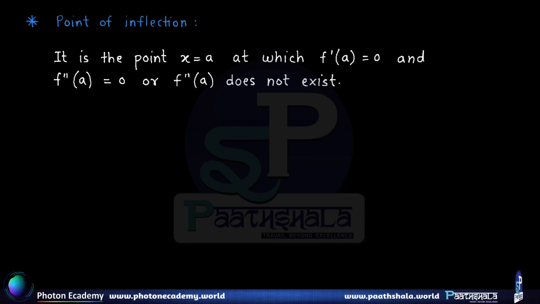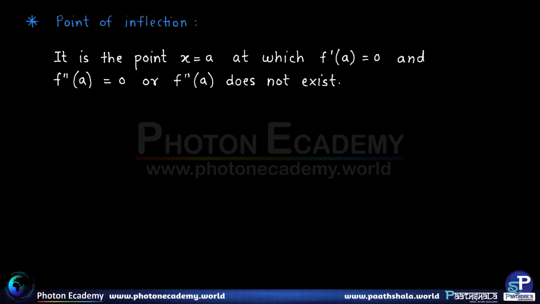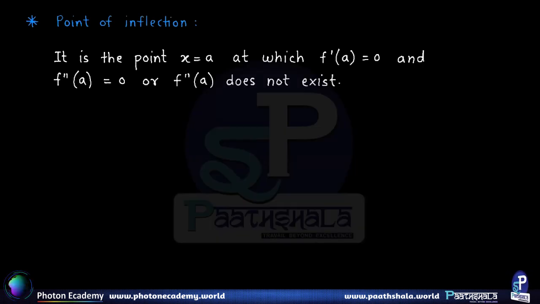Now it may happen in certain situations that the second derivative also turns out to be 0, right? So the first derivative is 0 as well as the second derivative is 0. Therefore at that point the second derivative test fails, right? So here is one example of that, which is called the point of inflection. It is the point where the first derivative is no doubt 0, but the second derivative is also either 0 or it does not exist, right? Now let's see one concrete example where it can happen.